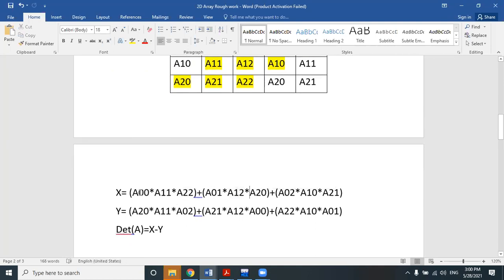Now can you tell me about these two indices I and J? Each and every element is associated with two indices, I and J. Can you tell me how I and J are changing? First, how is I changing for all the items?